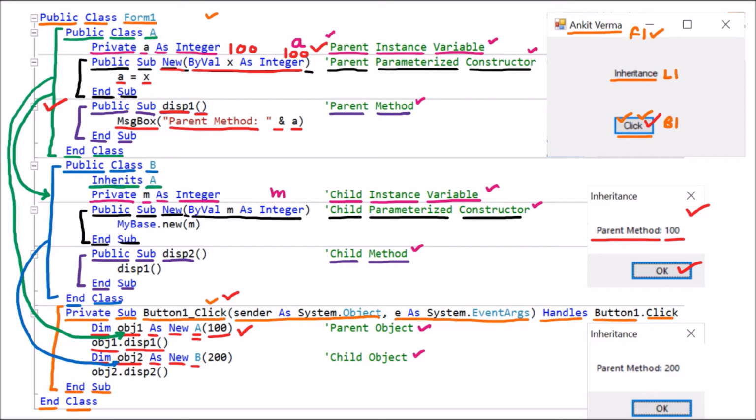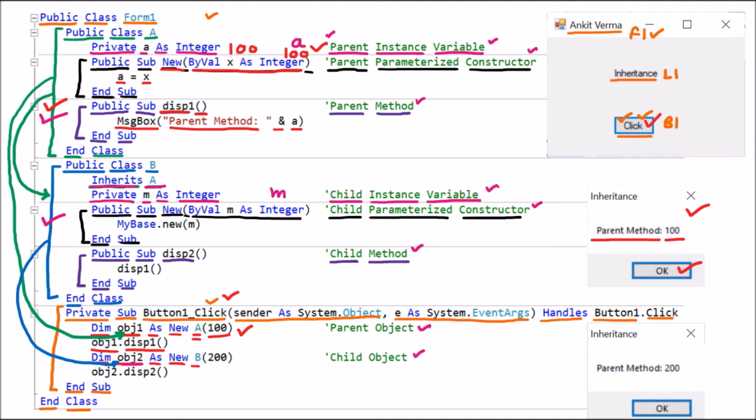With the help of obj2 we can access all the members of class B. So here an important point to note is that this obj2 object can access all the members of class B, and also class B is going to inherit class A. That's why this object can also access the members of class A.